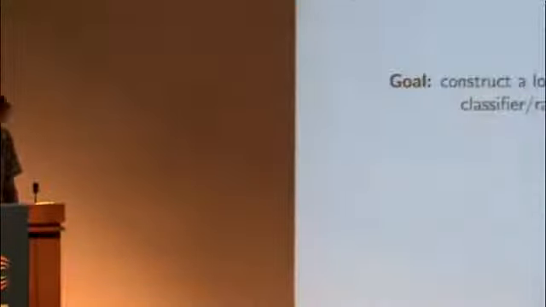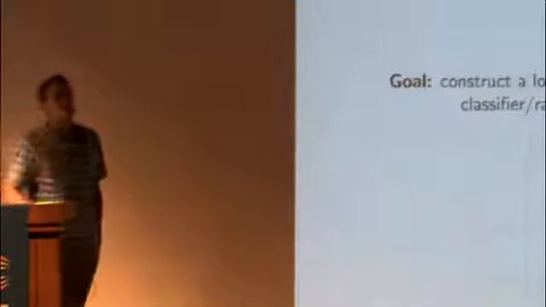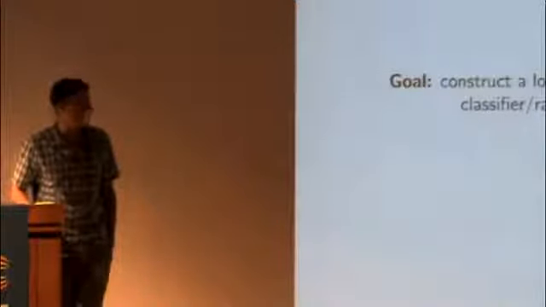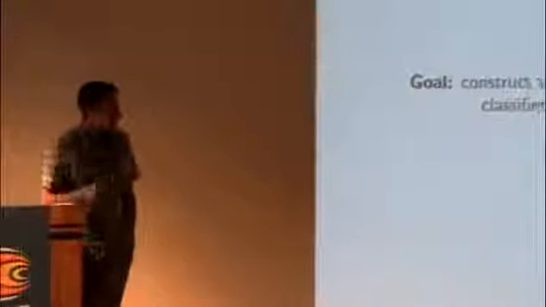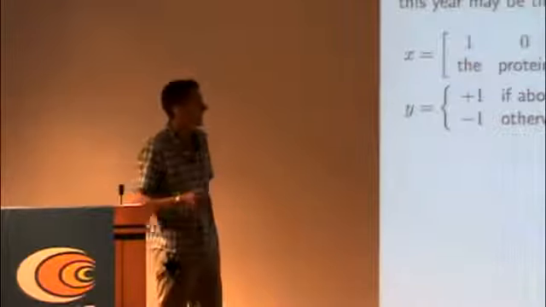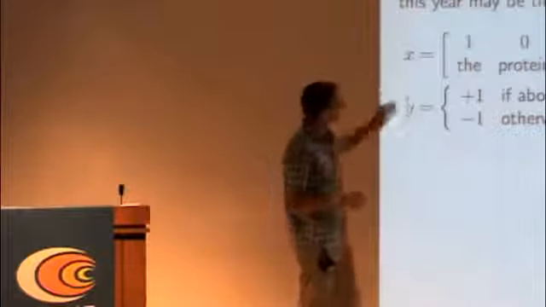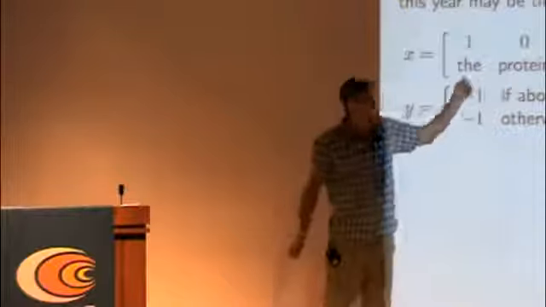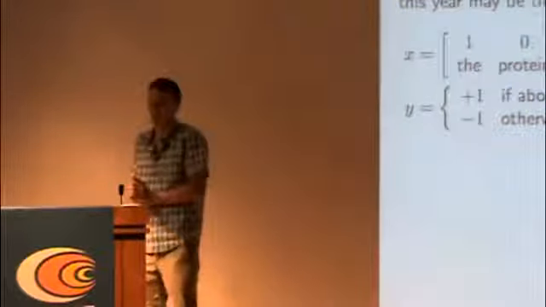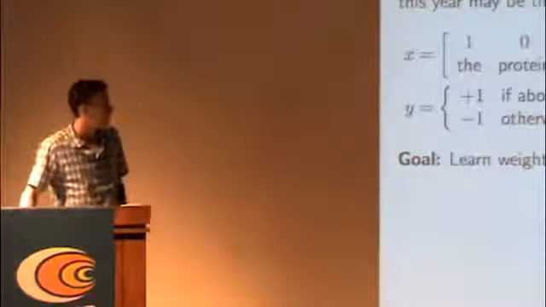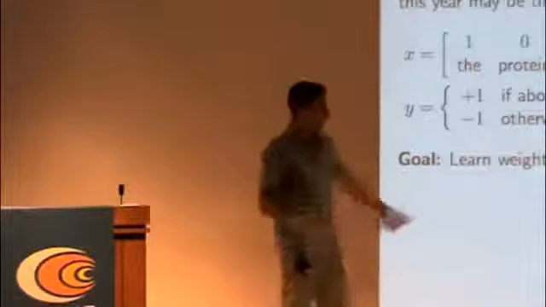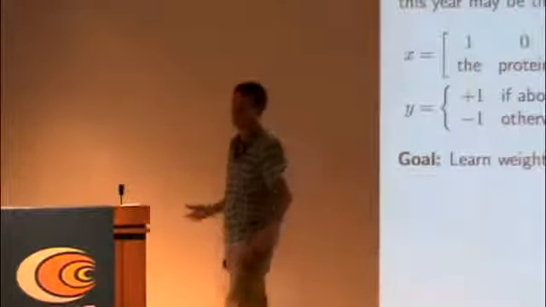So how do we formulate these as stochastic or statistical optimization problems? That's our goal in the next couple of slides: to construct a loss that measures our performance on these different tasks. So, a simple example, text classification. We set x to be a vector with 1s for all the words that appear in the sentence and 0s elsewhere. And we get y as the label. We want to learn a weight vector w so that the inner product of w and x has the same sign as the label.